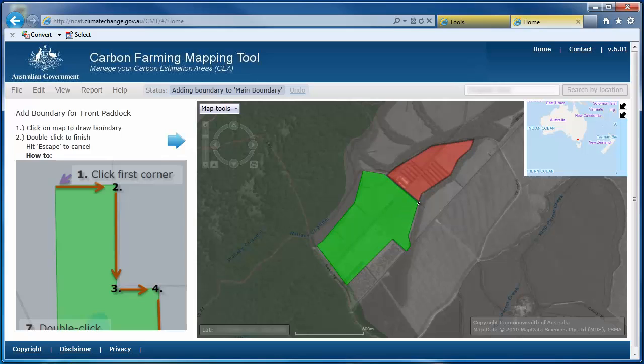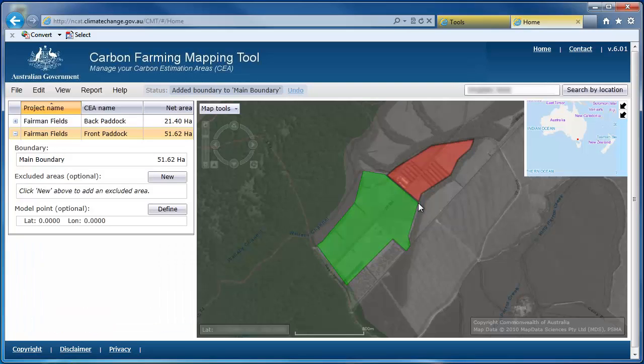And double clicking. So you can see I've created two CEAs. Both CEAs have a road passing through that I know I won't be planting trees across.